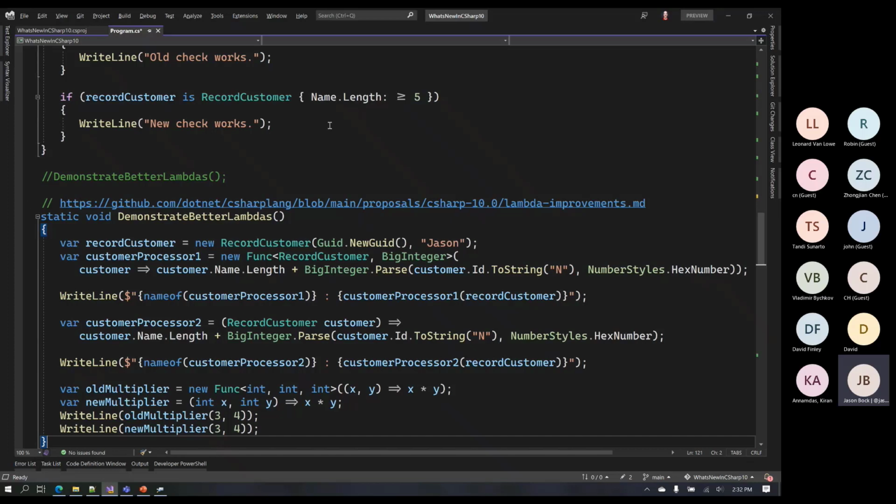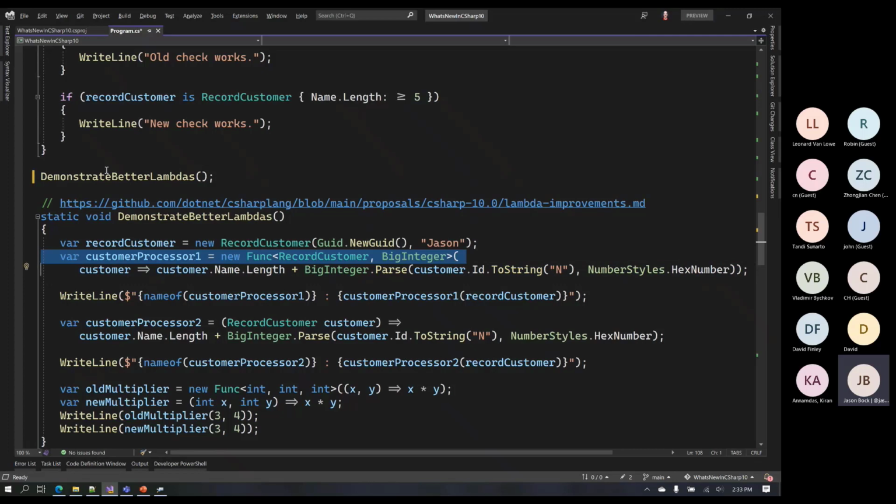So what is this feature? Better lambdas. So let's say I take my record customer and I want to create a lambda, or some kind of function that takes an instance of a record customer and returns me a big integer. Now, what this implementation does is kind of crazy. I mean, it's nothing that I would say you'd ever want to do. I was just trying to find a way to take these two properties and put it into a demo such that I could add them up and come up with a value. So what this is doing is not so much important. It's the way that I'm defining this lambda that is important.